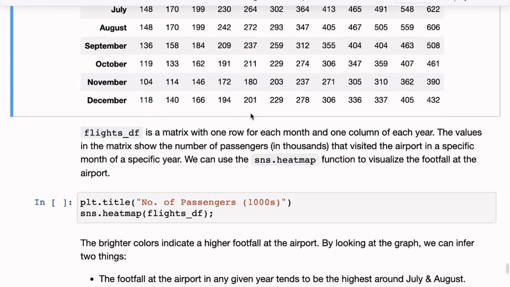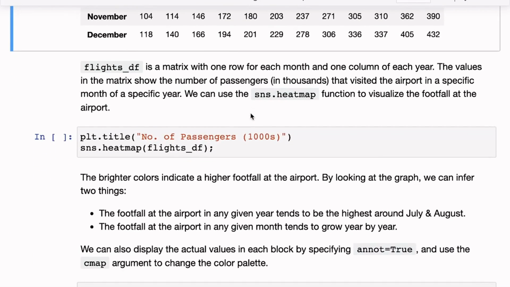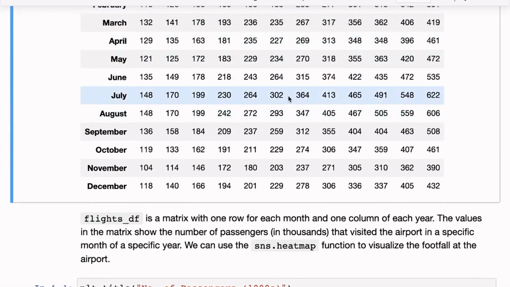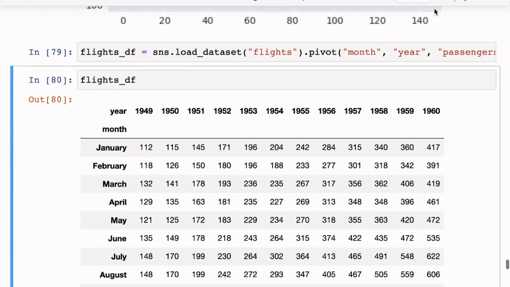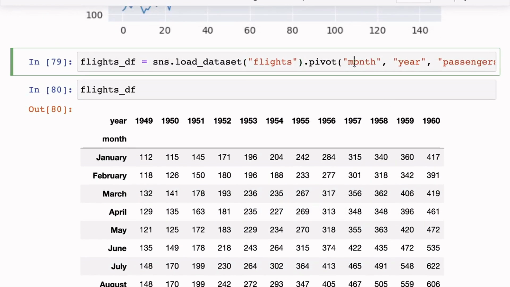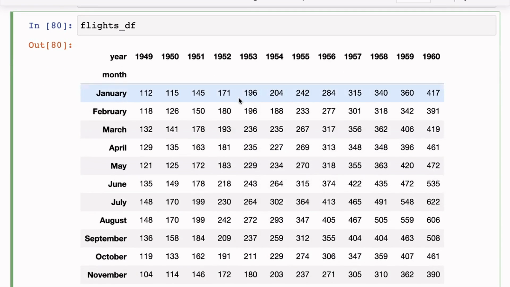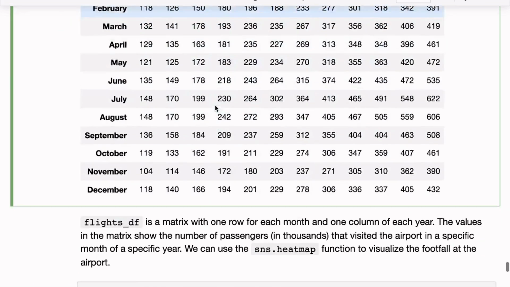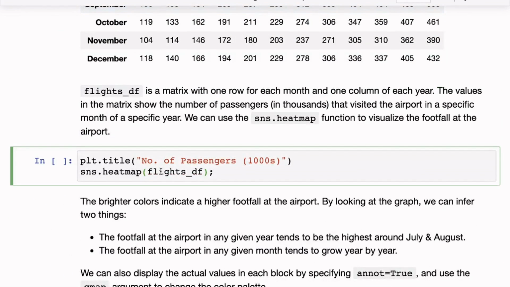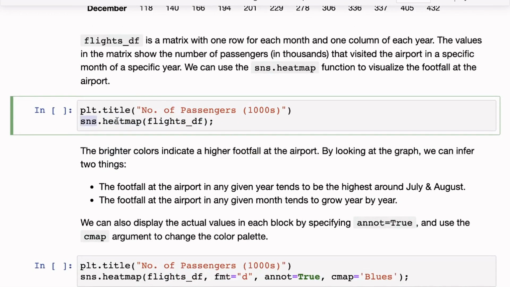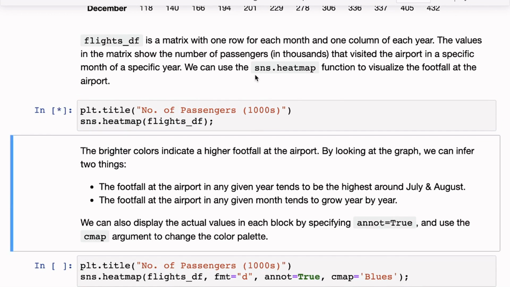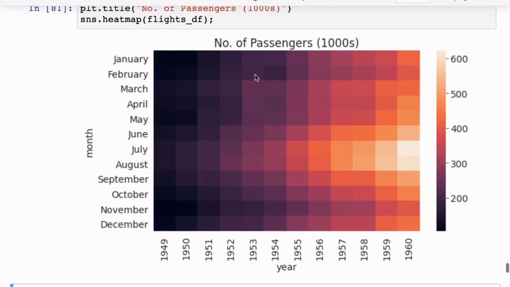And this is where we can use a heat map. All we need to do is first get the data into this format, and you've seen how to do that. You can use the pivot method, or sometimes you can simply use a NumPy two-dimensional array with all of these values. Then we pass this into sns.heatmap. Once again, this is something that Seaborn gives you, and we're also setting a title here. Once we create a heat map, we get this nice visualization, a visual representation of the same information.